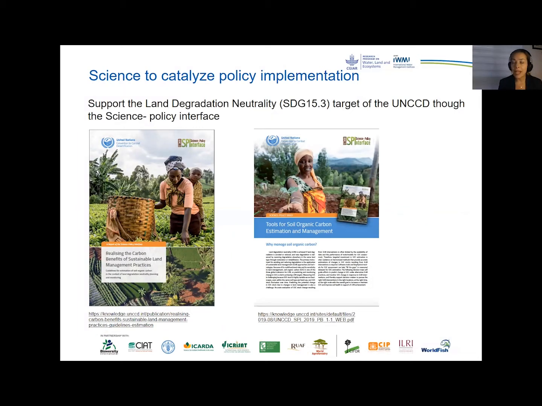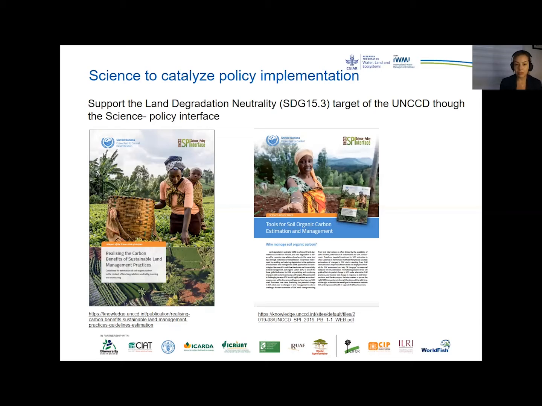I think scientists, we are learning more on how to engage better with policy processes to support the policy implementation. One example is that we supported the land degradation neutrality target of the UNCCD through its science policy interface. Specifically, we brought together CGIAR experience on assessing soil carbon sequestration to develop guidelines that can be applied in different contexts and that can also help level the field at the moment of reporting restoration actions and achievement